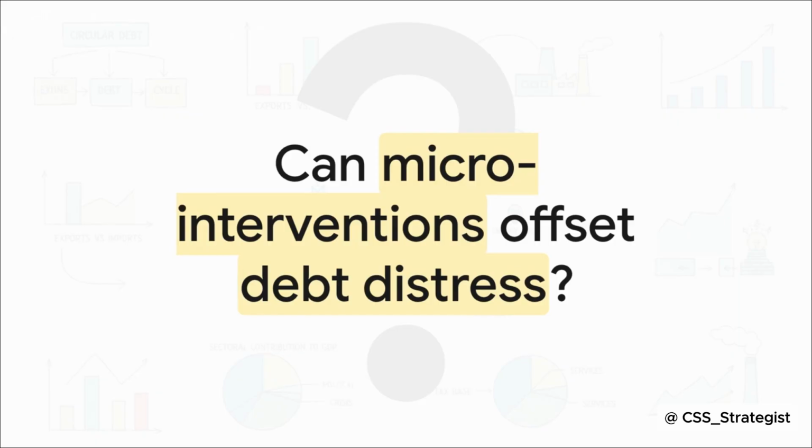I want to leave you with one final provocative thought today, which honestly is a perfect prompt for your very next practice essay. Considering all the deep structural bottlenecks in energy, education, and climate vulnerability we've explored today, can localized micro-interventions ever truly offset our macroeconomic debt distress, or is holistic political reform the only viable prerequisite for sustainable growth? I want you to really chew on that, structure your arguments using the exact data we covered today, and keep analyzing.